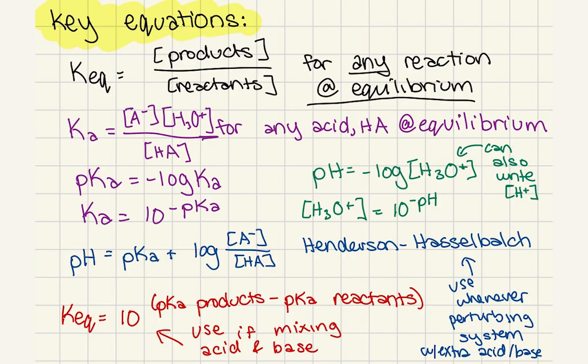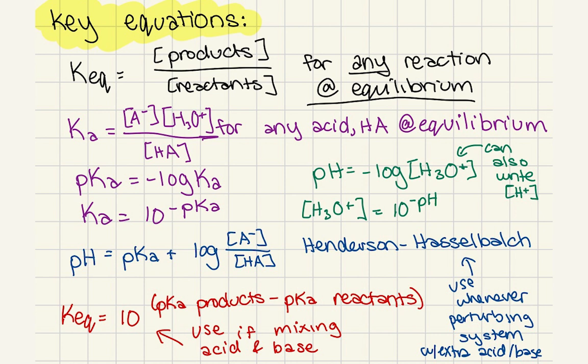So that was the Ka and the pKa and the pH. And you can actually combine all three of these, using something called the Henderson-Hasselbalch equation. We're going to use this whenever we're perturbing a system with extra acid or base. So basically, you don't just have that one thing in there. You're going to adjust the pH with something else. Maybe in the lab, you're adding an acid or a base, or in your body,